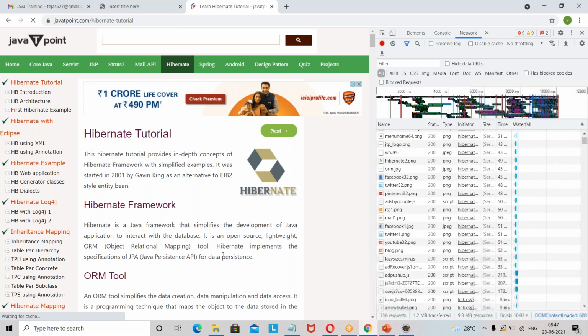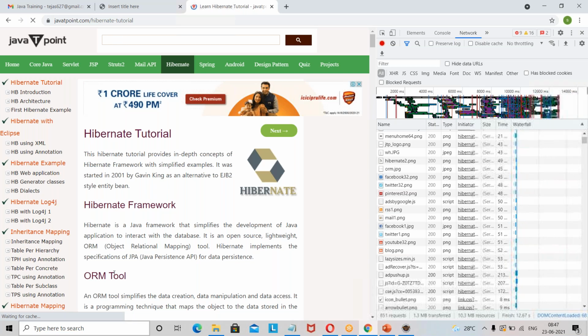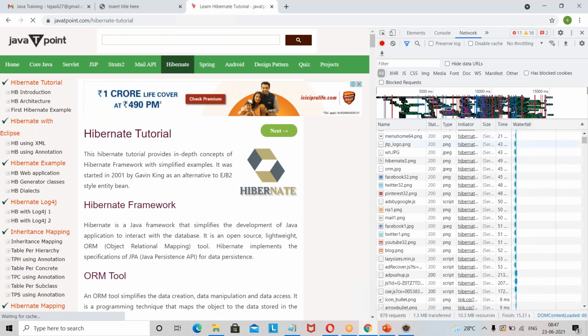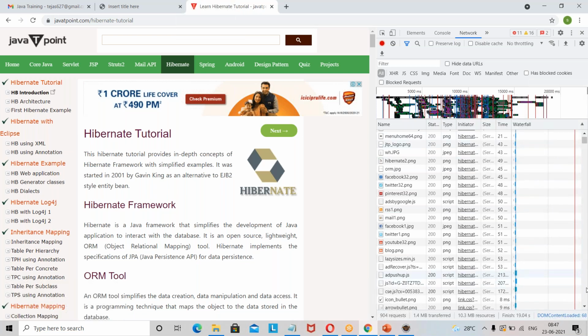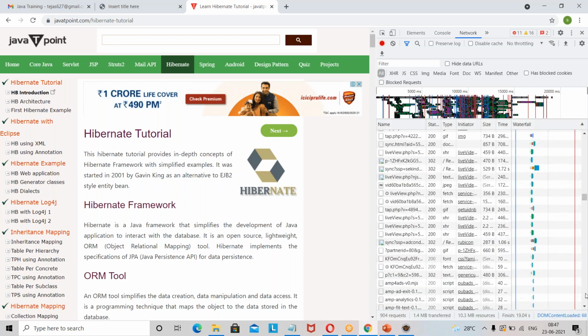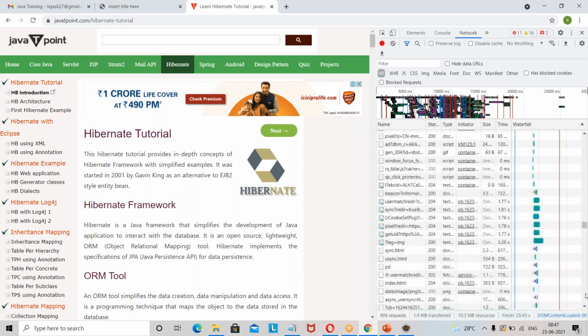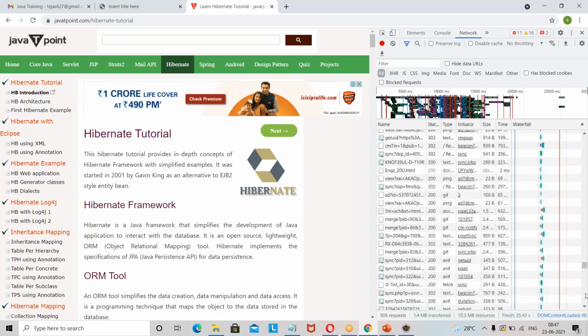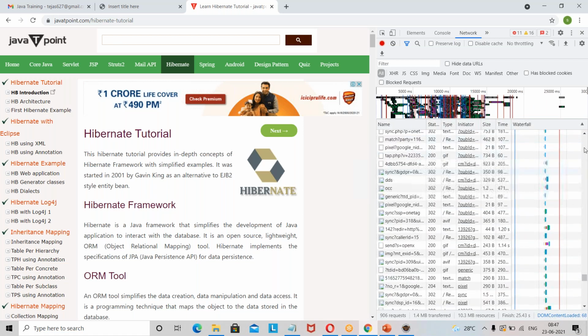For sure it will be coming, all the data will be coming from the backend itself. Okay, so that is what I was thinking. I'll check it out and let you know.